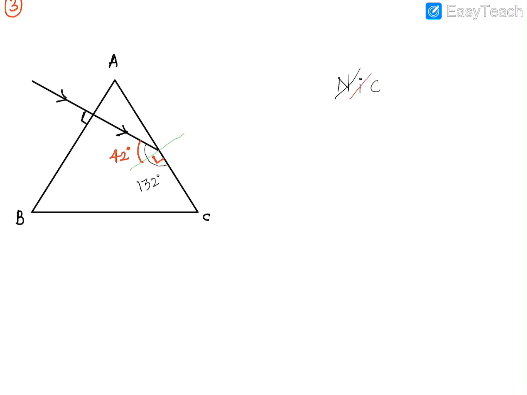Now let's start comparing with critical angle. The angle of incidence will be equal to the critical angle because both are 42. But what happens when the angle of incidence is equal to critical angle? How will the light ray go further? What will you notice? It will go along the surface. Look here, it's going to go along the surface, out like this. Got it?